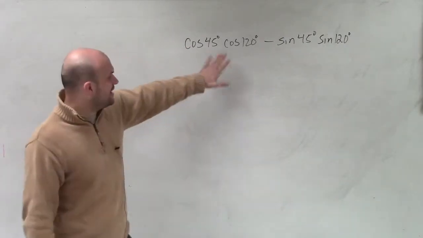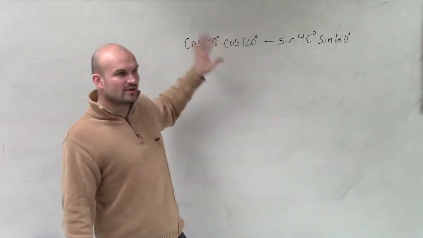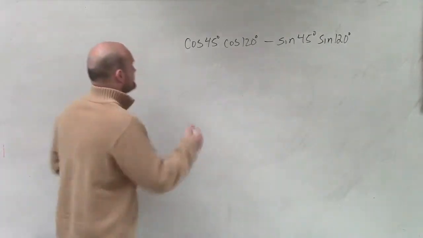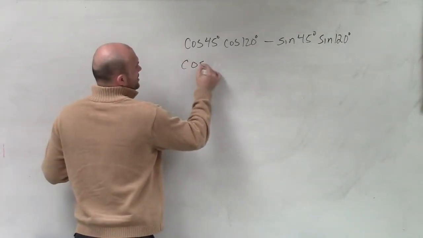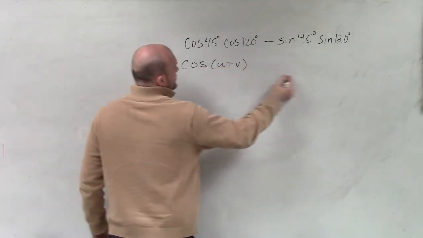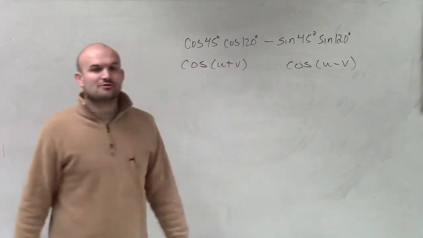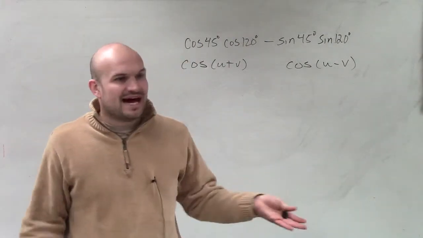If you guys notice here, I have cosines and sines. I automatically know when cosines are paired together and sines are paired together, I'm using the cosine function. So this formula is either going to be cosine of u plus v, or it's going to be cosine of u minus v. The other thing that I do to remember is I know that sine always has the same